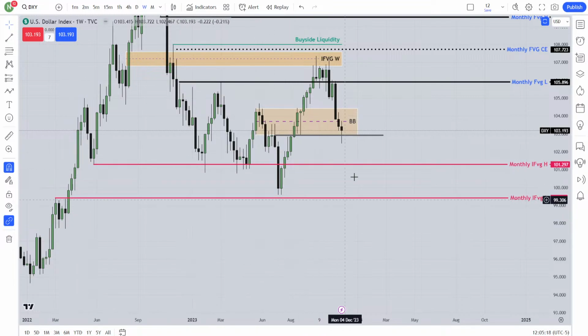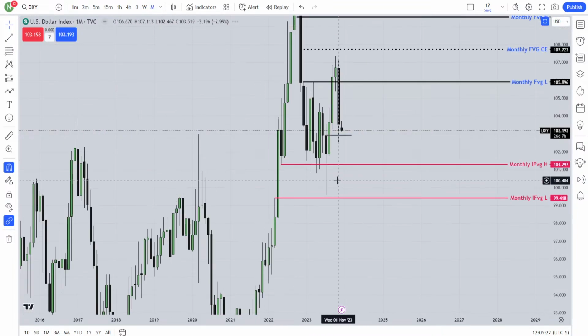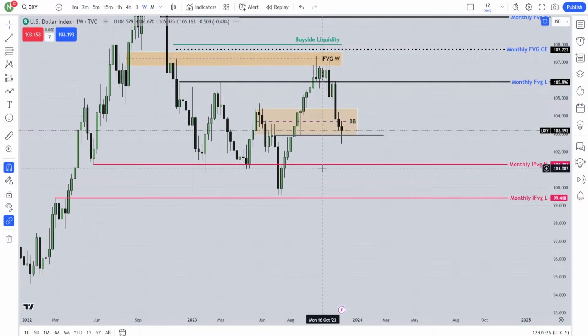It has traded the monthly fair value gap. This is from the monthly fair value gap. I'll go to the monthly chart one more time. This is the monthly fair value gap, a clean fair value gap. Okay, now brother, you can't show us some kind of monthly fair value gap when you are in the weekly chart and you are going to mark this one as your breaker.